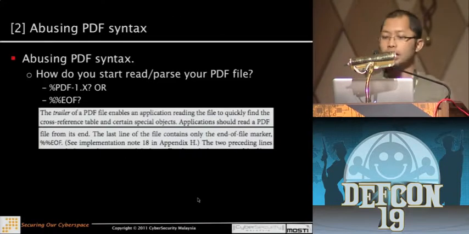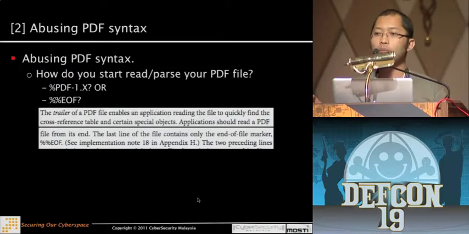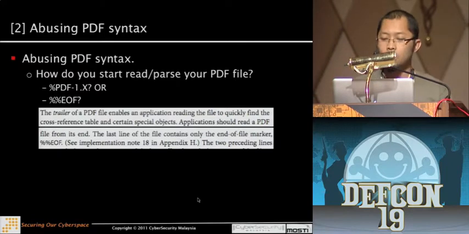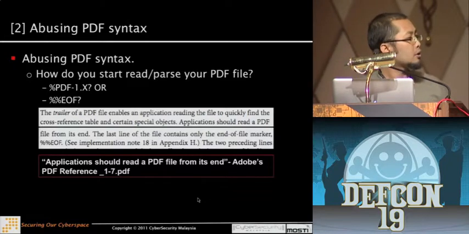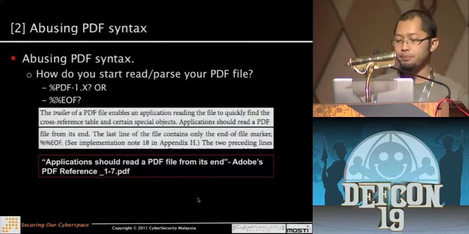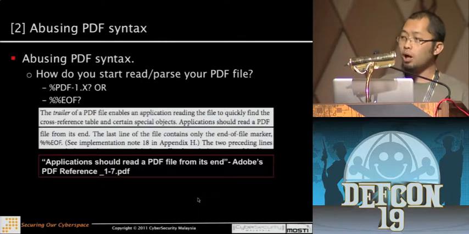Okay, I talked about the syntax of the PDF and the EOF, right? And normally, how do you start parsing your PDF file? If you're building some PDF tools to analyze a PDF, which one do you start with? Are you looking at the %PDF version, or are you looking for the EOF? According to the Adobe reference, you somehow should start from the end of file of the PDF. But the problem is,